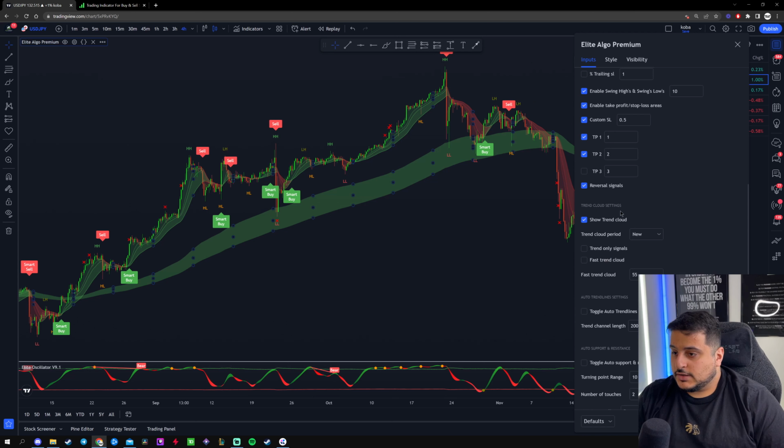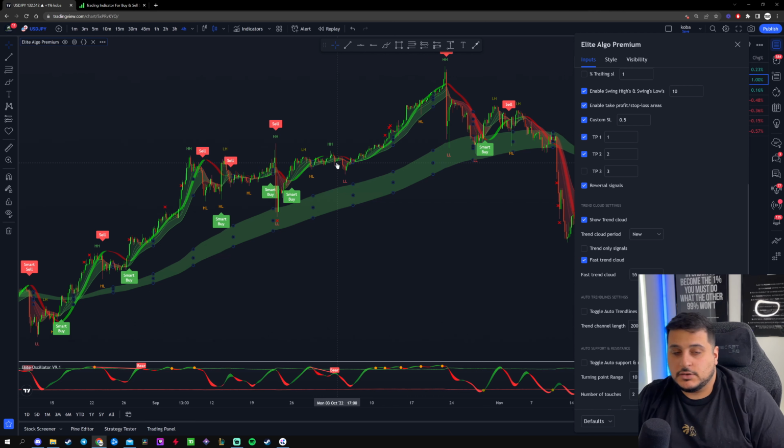Similar to the trend cloud that we see right here, it's just a faster version of it that updates a little bit faster on your chart that you can also use as confirmation for your trade. Again, very simple to use, and by using it, you'll start to understand exactly what it does and how to